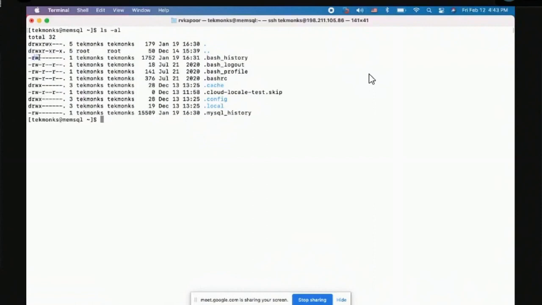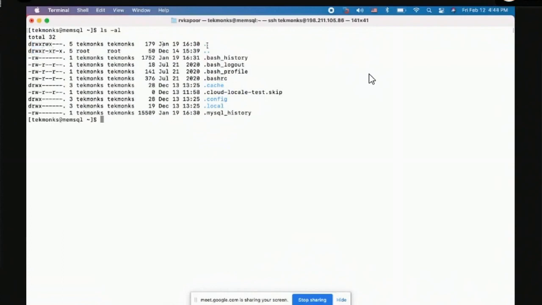Then there will be four fields. So that would be read, write, execute. That's what this RWX means. And same thing, read, write, execute, read, write, execute. The first one stands for UGO: user, group, and all others. So when I say read, write, execute here, it means that the user can read and write and execute